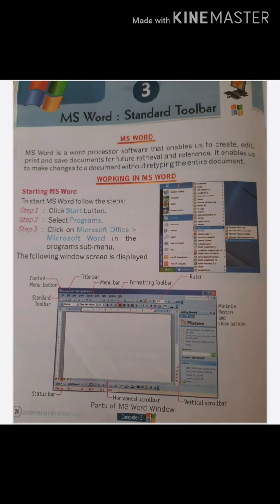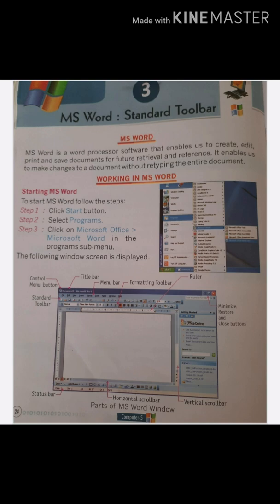The steps to open a new document are as follows. Step 1 is select File, then click on the New button. Then step 2, click the Blank document. As you can see, when you click the New button, a new document window will appear as shown in the figure.